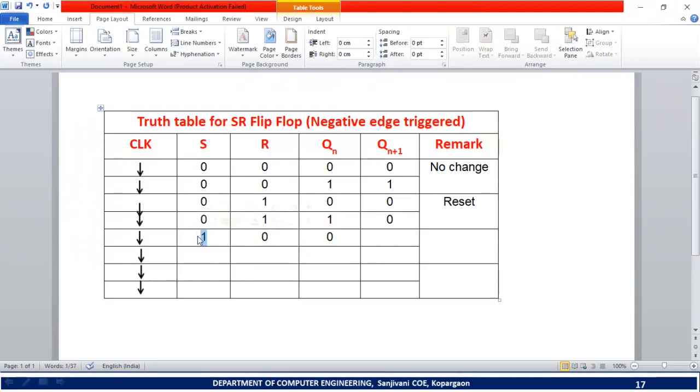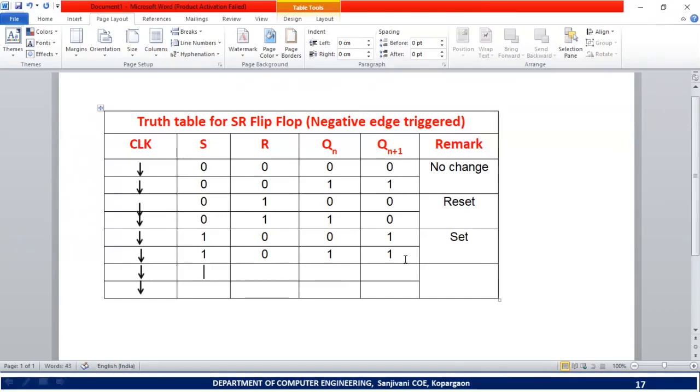Now here S is 1. S stands for set operation. So whenever the S bit is 1, what will be the next state of that SR flip-flop? Yes, it will be 1. Then S is 1, R is 0 and present state is 1. What will be the next state? Yes, again 1. So why is this 1 coming? This one is not related with this one. Let's try to understand. This one is coming due to this input. Here the S input of the SR flip-flop is 1, R is 0, so that's why the next state of the SR flip-flop will be 1. This particular case is called set.